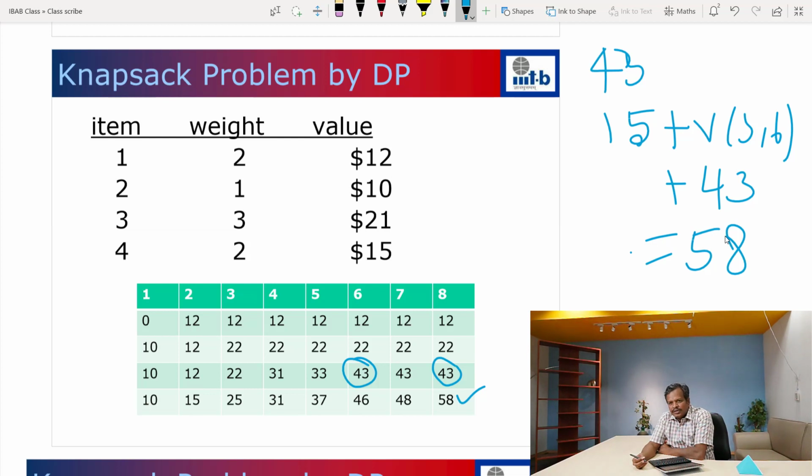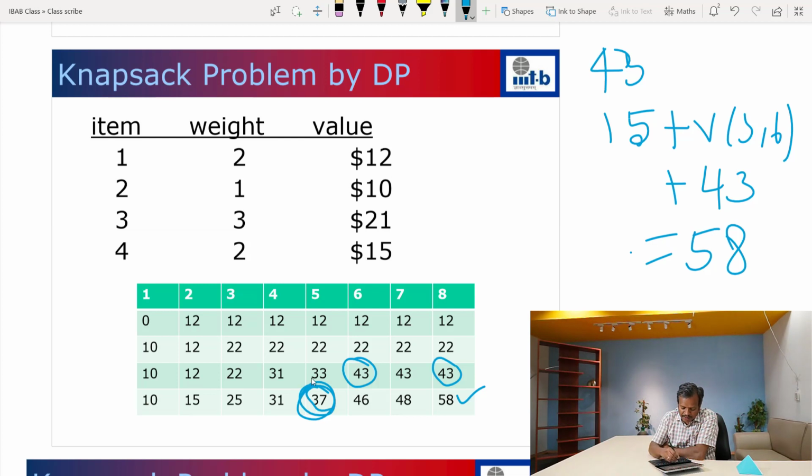So when you consider the fourth item, if you ignore it, the maximum profit that you can make is 43. But if you decide to pick the fourth item, then from the remaining 3 items, you can fill the knapsack using a knapsack size of 6. So what we have seen in this table is that you can make a profit of 43. Let's look at one more example. How do we get this 37 here? If I am given a knapsack of size 5, what this actually tells you is that if I use all the 4 items, I get a profit of 37.